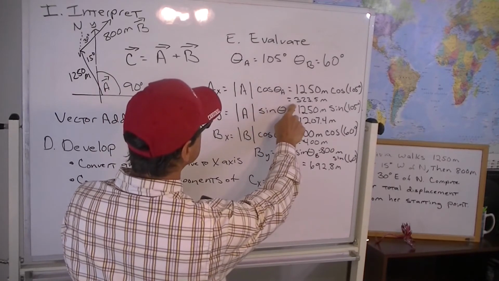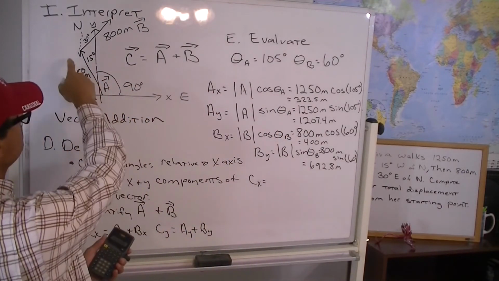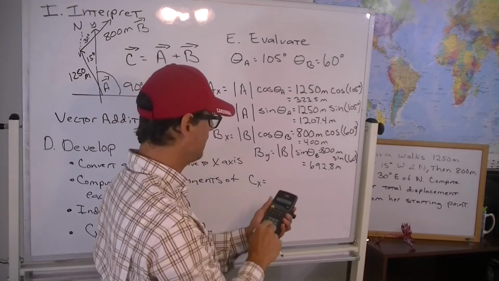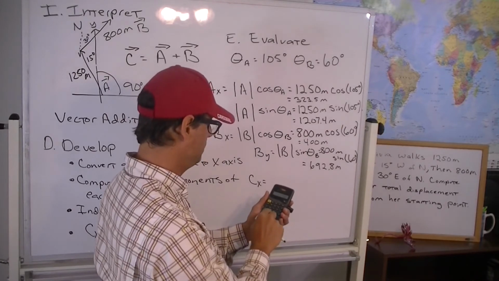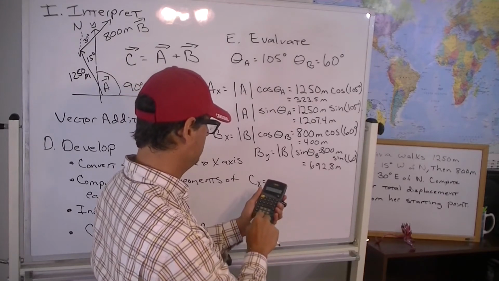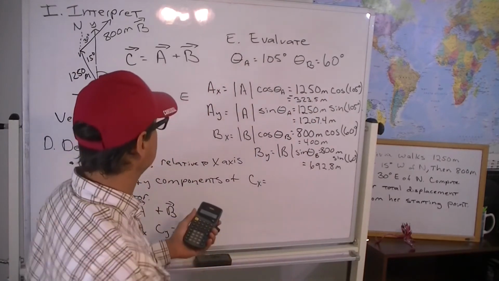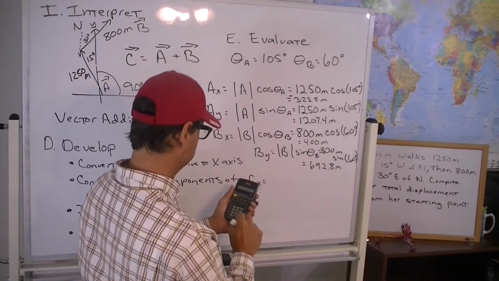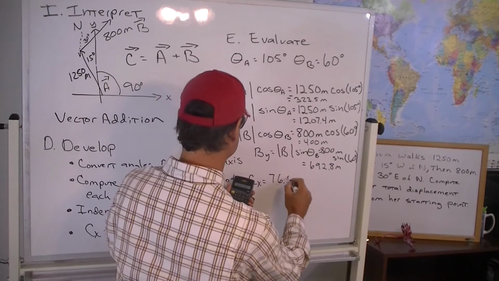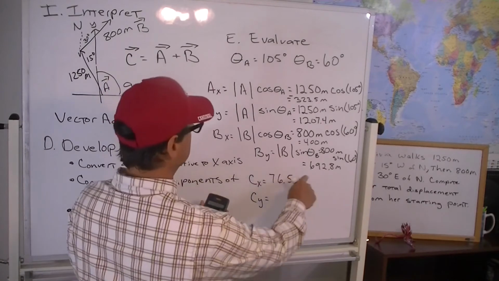Now keep in mind, I think this one maybe should be negative. Let's double check this, because if you look at the picture, it's to the left of the y-axis, so that one should be negative. So let's double check that. So 105 degrees cosine, yes, it's negative 0.258 and change, so times 1250 is negative 323.5, and then add it to the 400. So that would be 76, round it to 76.5 meters, and then the y component is, add the two